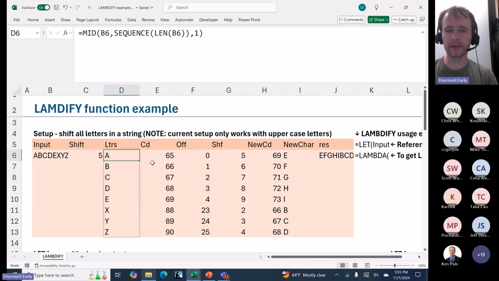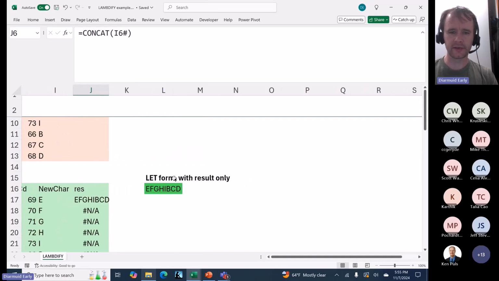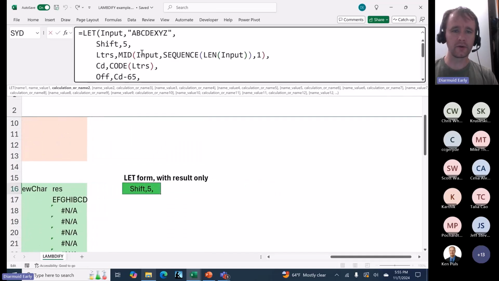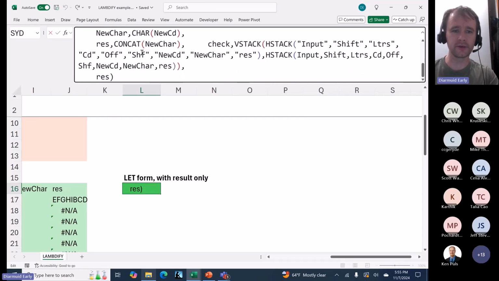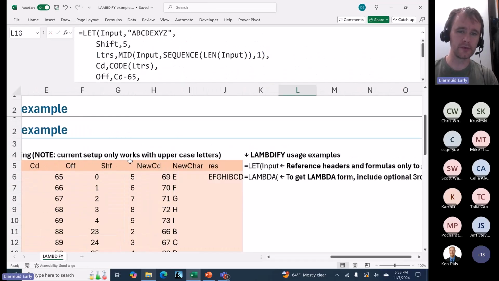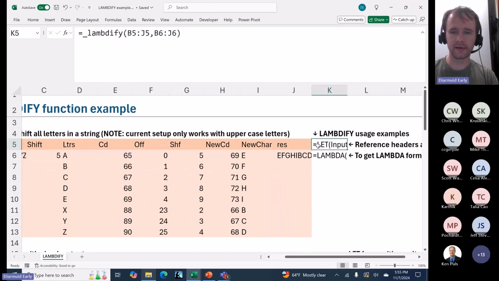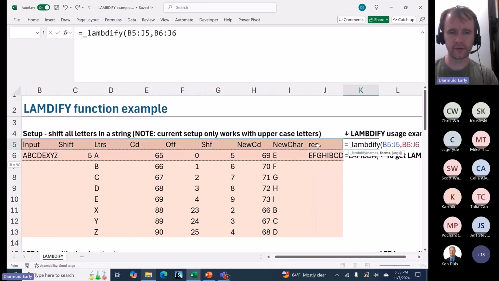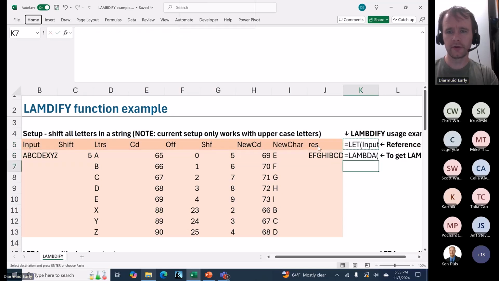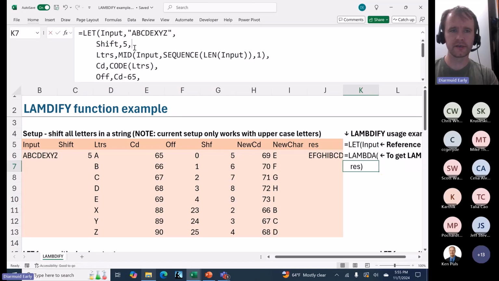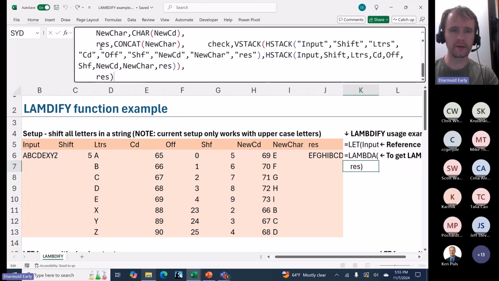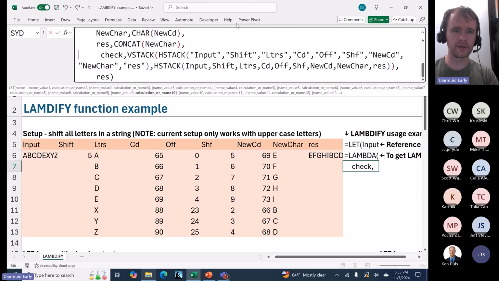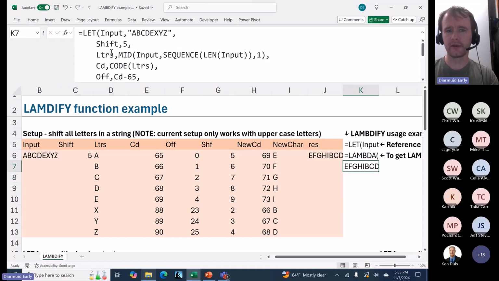It's a lot easier for most people to build something up like this, even if you're ultimately going to have it be a let. So here's it as a let, all done in one piece, but you might not find it the easiest way to write. So I wrote this function called lambdify, where you can say lambdify of these names and these formulas, and it'll write you... the output of it is a text string, which is the let that builds all of that up, including the check option. So then you've got